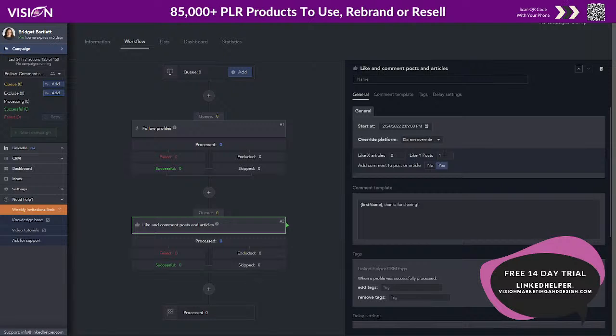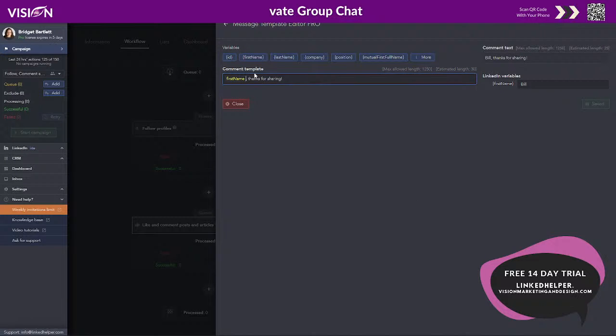So if they have 10 notifications a day and they go to LinkedIn, then you are already 2 of those notifications, because it's going to show that you liked, and then it's also going to show that you commented. Okay, so we're going to like a post, we're going to comment, and then we can use these tags here, or variables, so that you can customize it. So if it goes to Linda's profile, it's going to say, Linda, thanks for sharing.